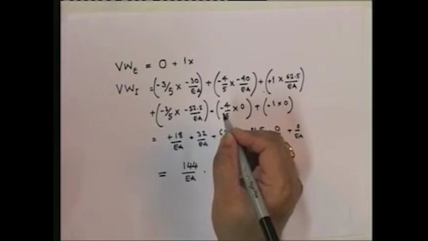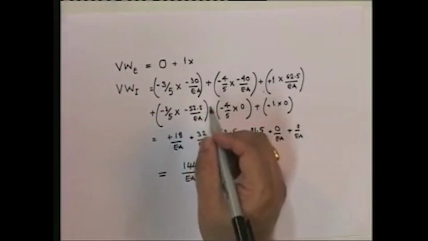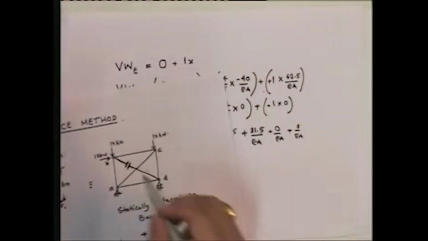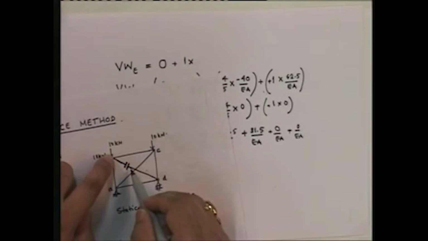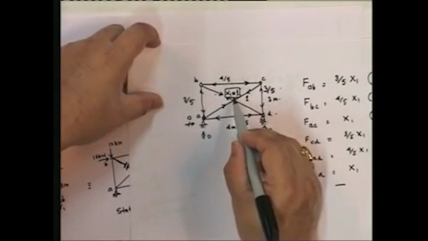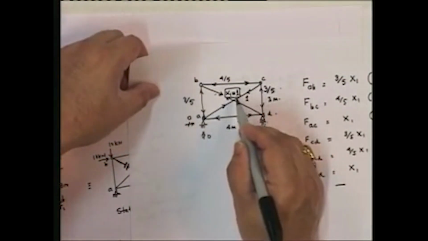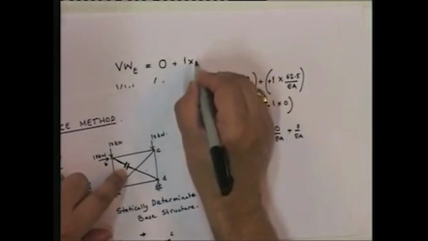What is 1 into, note, what are we finding out here? We are trying to find out this overlap or whatever, the delta. That is the reason why we applied the force x1. So therefore, this 1 into this delta